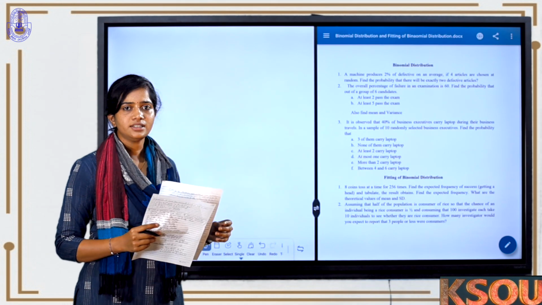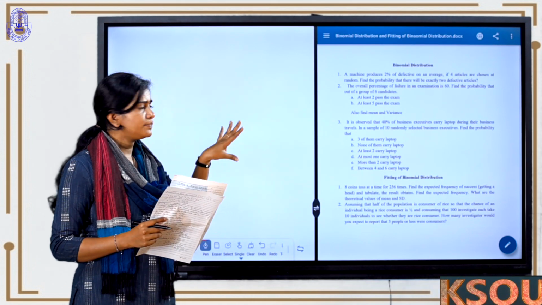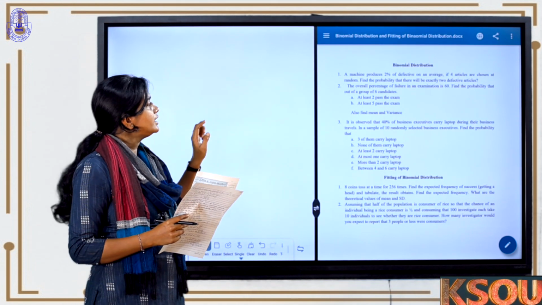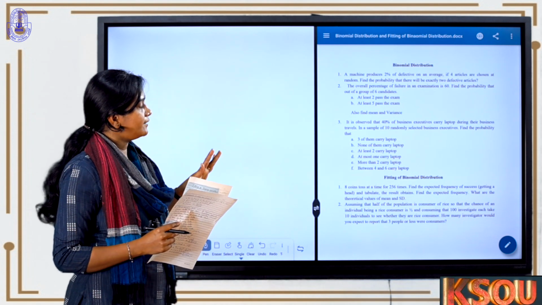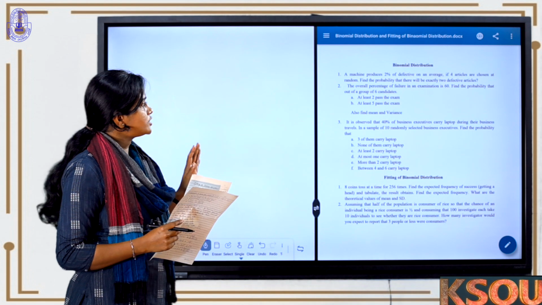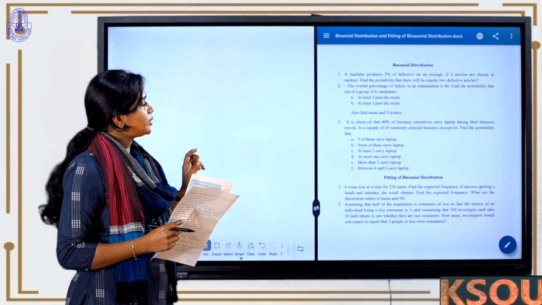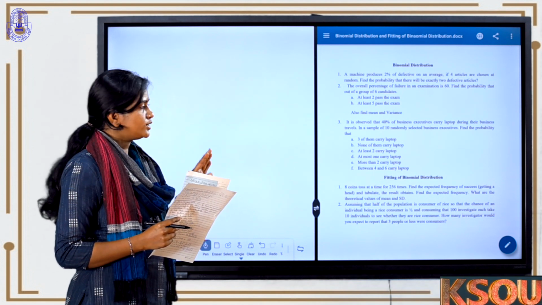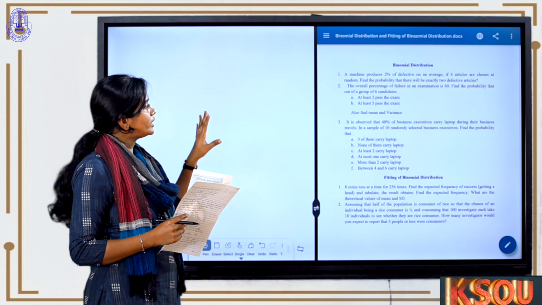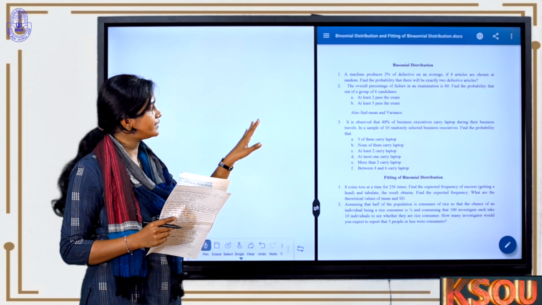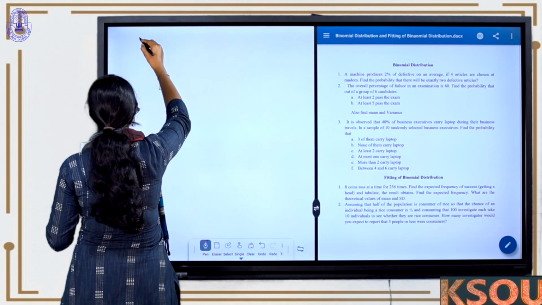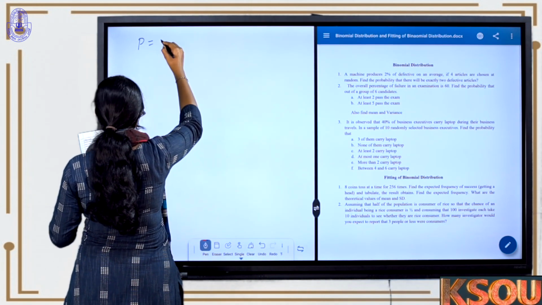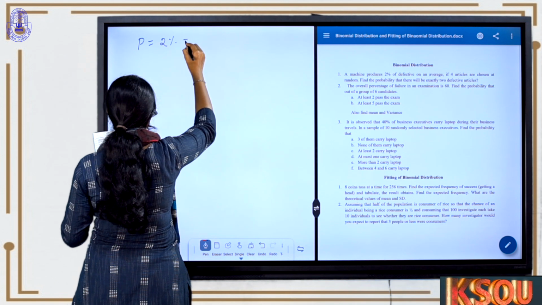So let's consider the first example under binomial distribution. A machine produces 2% defective on an average. If 4 articles are chosen at random, find the probability that there will be exactly 2 defective articles. So a machine produces 2% defective on an average. Let's take P is 2%, or you can take